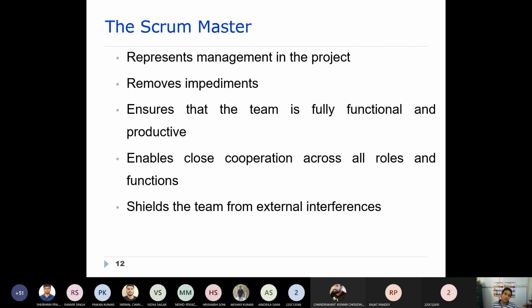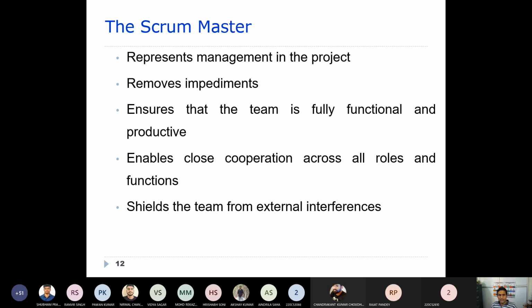That means he is the one who is monitoring to ensure that the people are working well towards their goals, right? They also maintain very close cooperation among different roles as well as their functionalities.